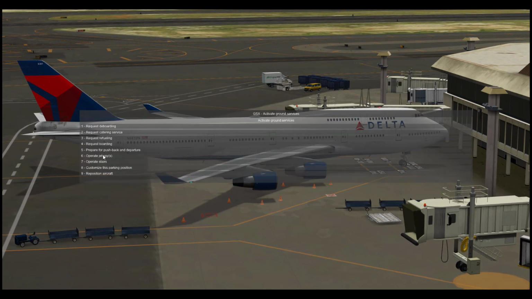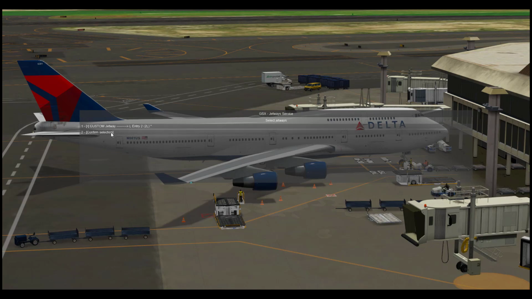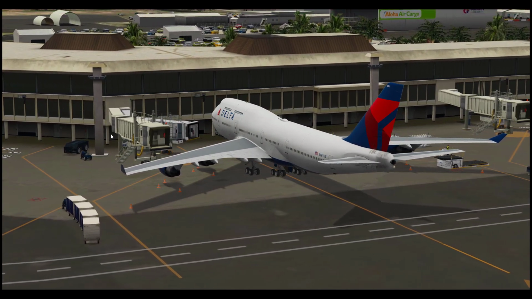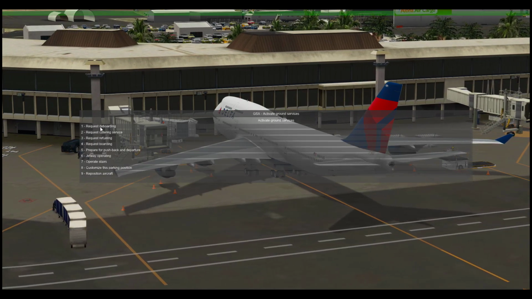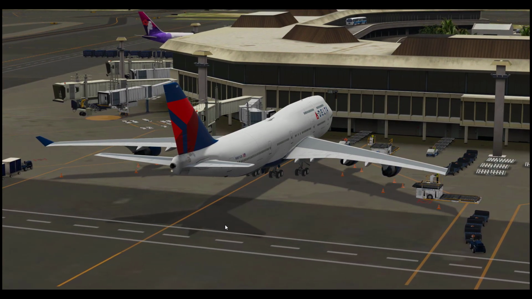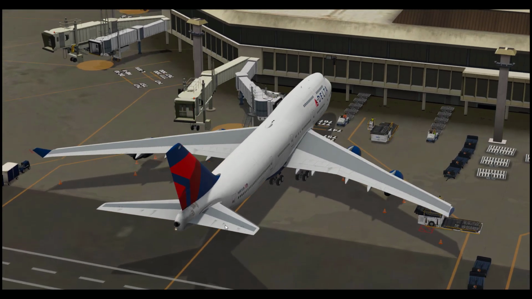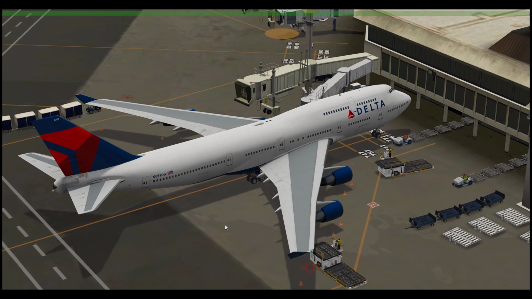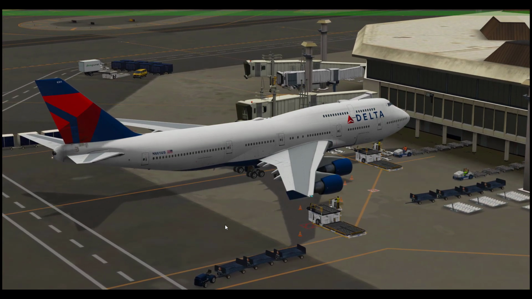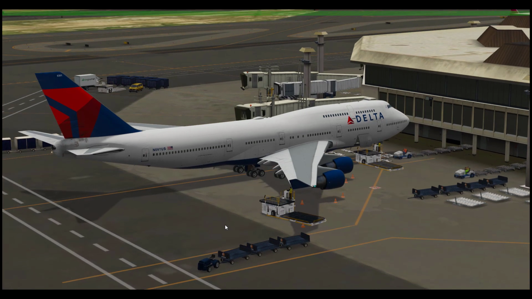Go ahead, operate jetway. Alright, they're doing their thing. We can go ahead and ask GSX to deboard. Alright, the ground crews are doing their thing, and the doors are opening on their own. Yeah, dude, you need to back up. Okay, so